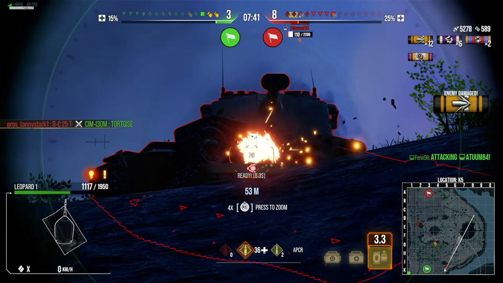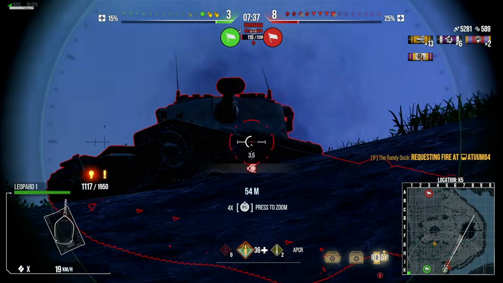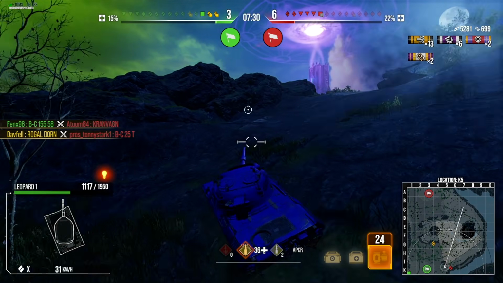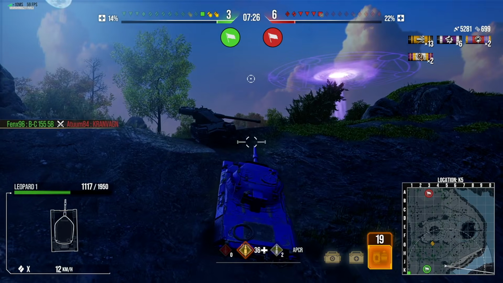We should be able to connect another shell, bring this over to the 5,000 damage, and hopefully our friendly team, whilst it's in the open, can take him out. He does get shut down, and Davfeld does a great job of killing that back chat, which was coming towards us as well. Puts us into a 3 versus 6 now, but we can finish off this medium to the